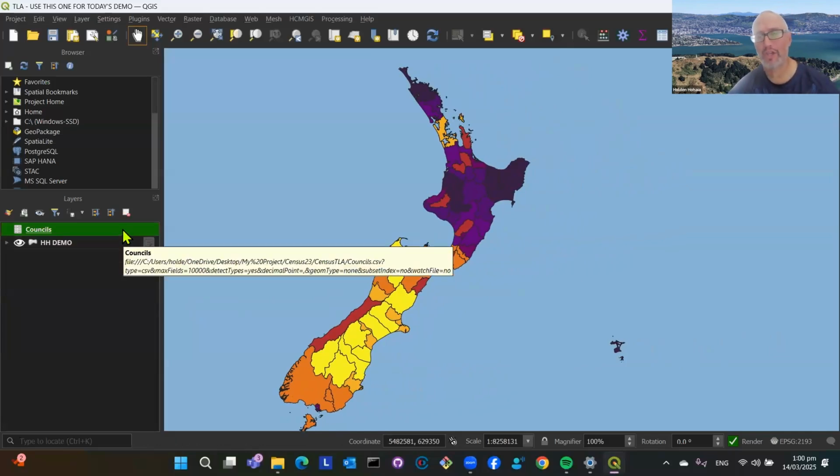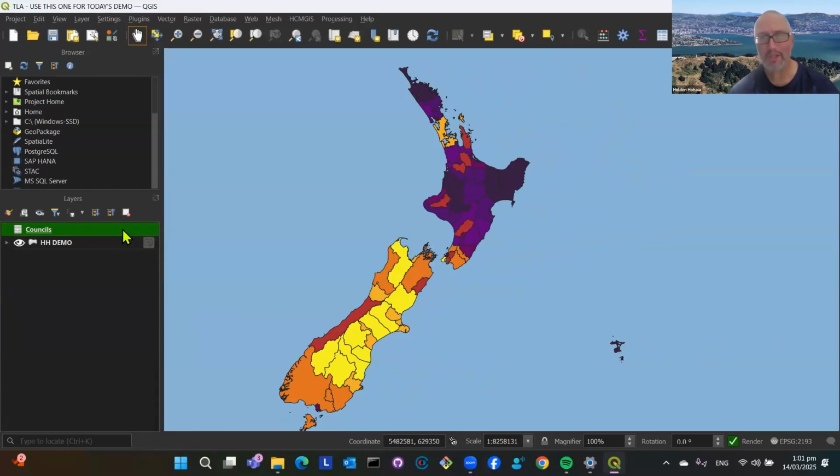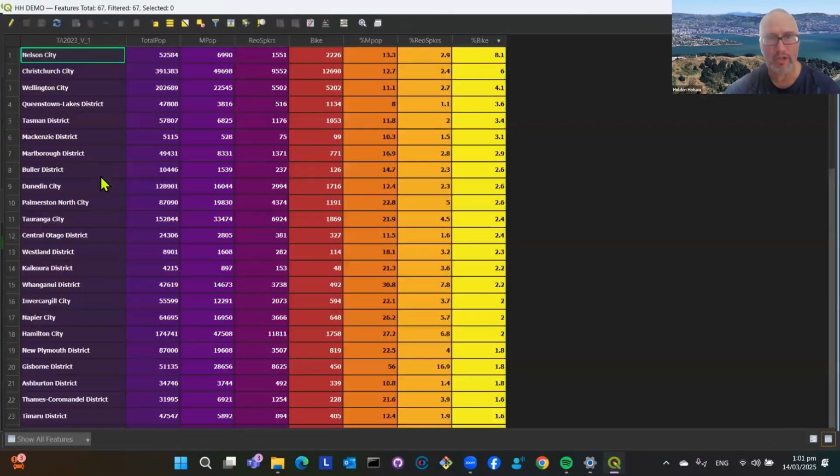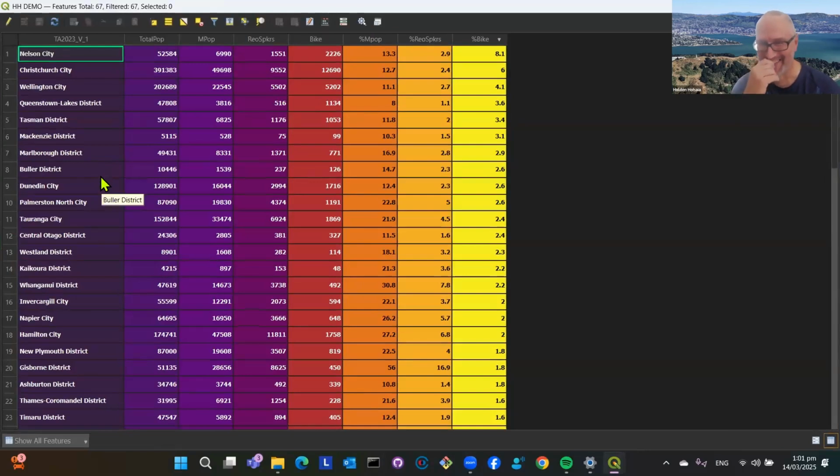One of the cool things about QGIS and mapping generally is you can get creative with color. And there's something about a color ramp that I just love. You know, a good color ramp. I know it sounds really geeky, but a good color ramp just brings me joy. And I like this color ramp. I don't know what it's called, but I liked it so much that I translated it across to my attribute table. There's no meaning in those very colors. Looks good though. And if you're interested in figuring out how you do that, you just use this little thing here called